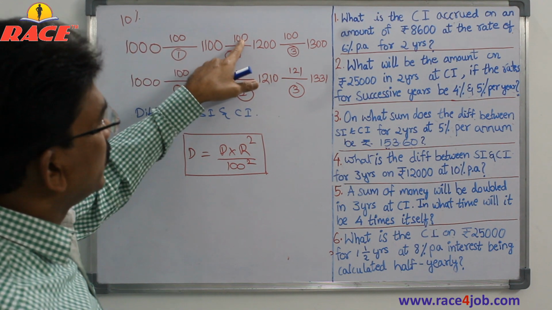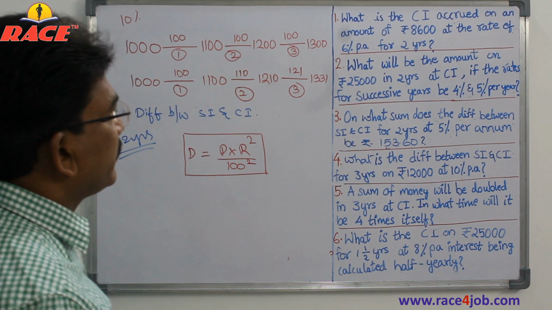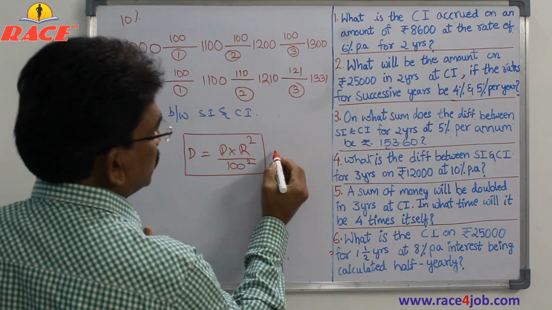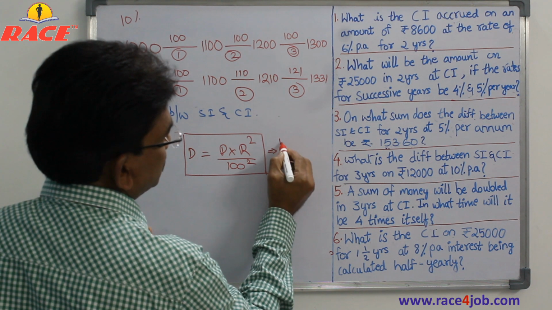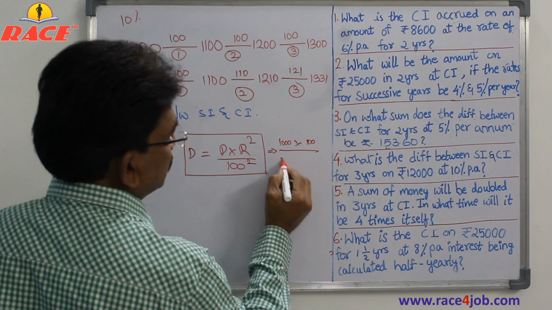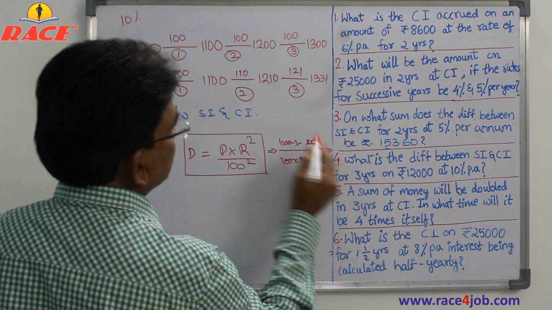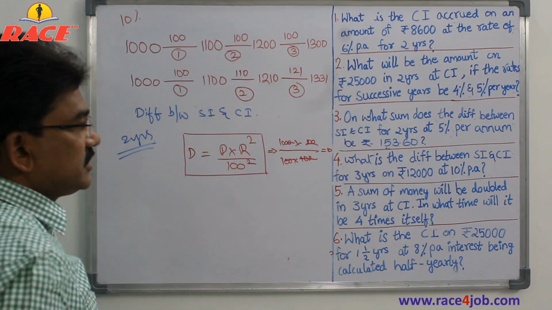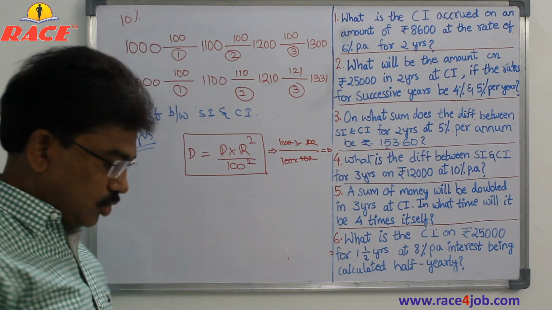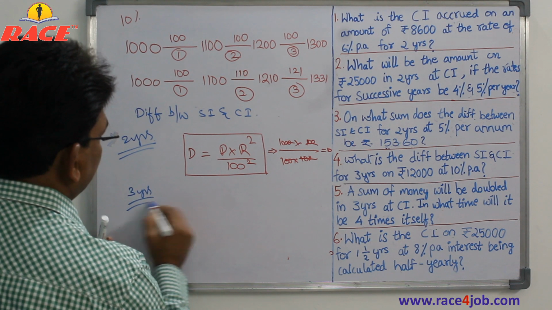So let us see in our example, after 2 years: 100 plus 100, 200 is the simple interest, so 1200, and compound interest gives 1210. The difference is 10 rupees. If you consider the same 10% rate, principal is 1000, so in our example, the principal is 1000, rate of interest 10%, 10 square is 100, by 100 square, 100 into 100 by 10000. Yes, we got 10 rupees. So here the difference is 10 rupees. With this formula we can get the difference for 2 years. Okay, if it is 3 years, there is a formula even for 3 years also.